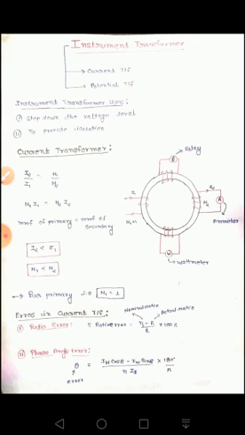There are two types of instrument transformer. First one is the current transformer. It is used for the current measurements. It steps down the current to the level of ammeter. Second one is the voltage transformer. This transformer is used for voltage measurements. It steps down the voltage to a level of voltmeter.